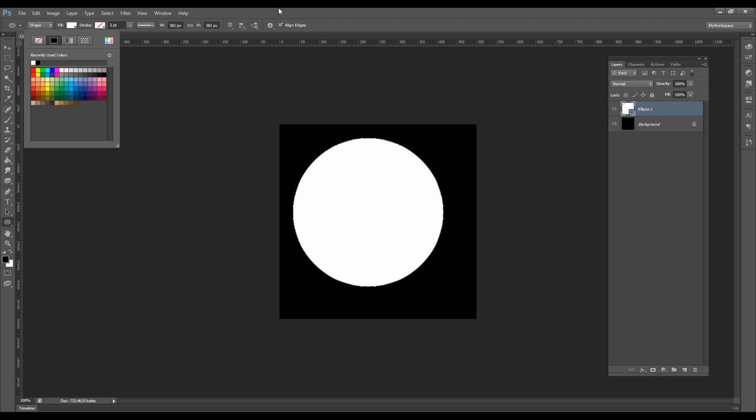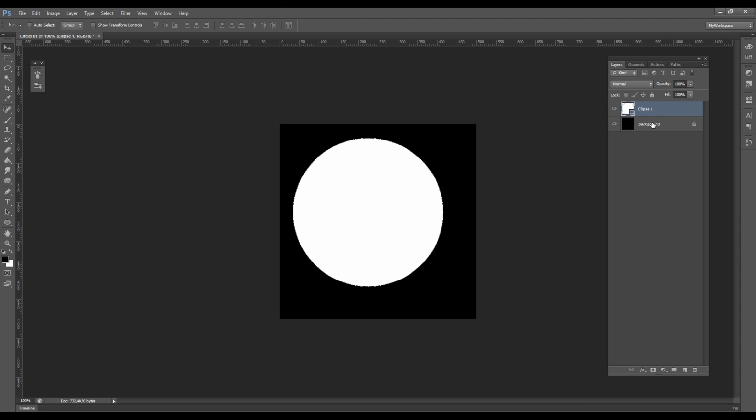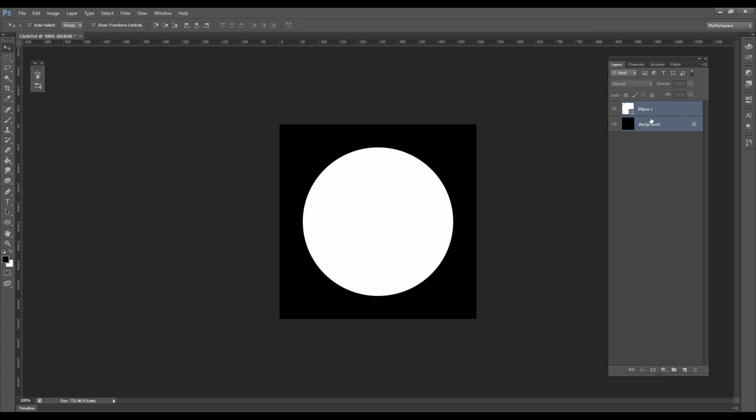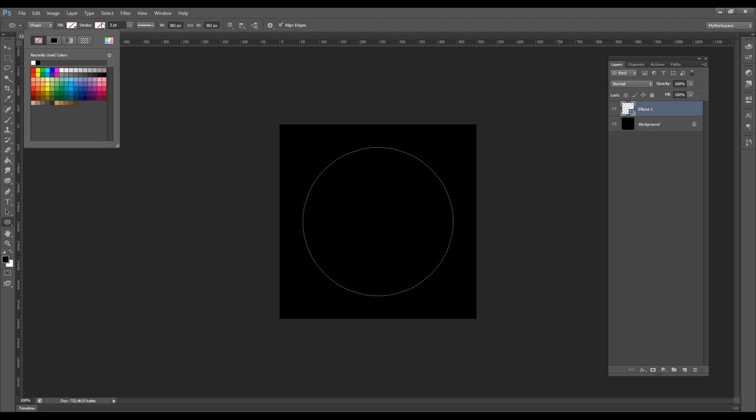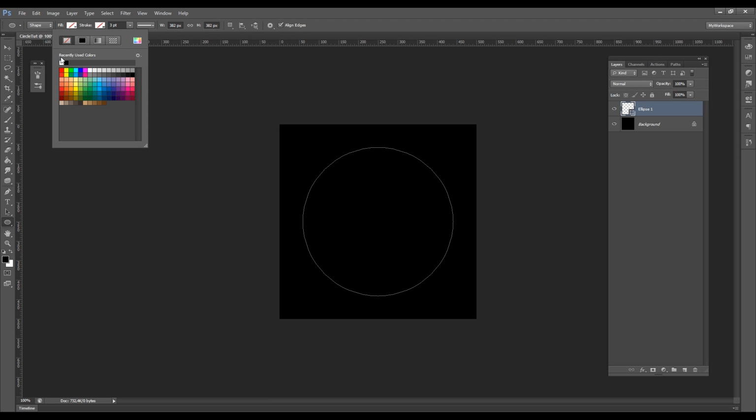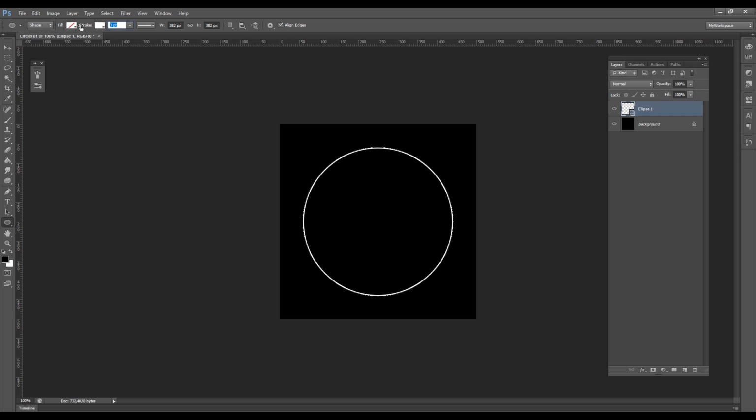Let me just make the circle white. And now we want to align it with V, which means we can choose the ellipse and the background, and with V we can press these icons right here, which will align to the center of our image. Awesome. Now we don't need any fill, and the stroke is going to be white with 0.1, real small,